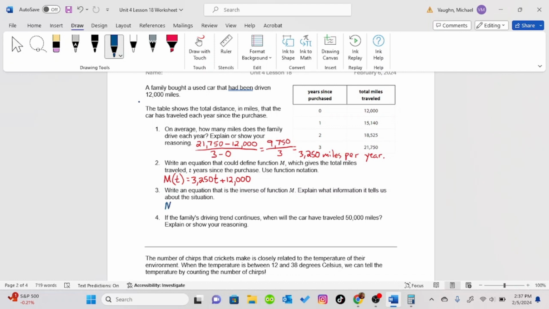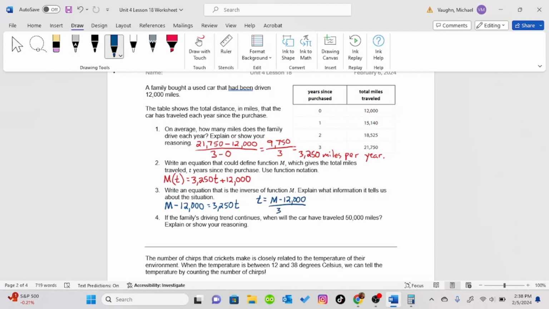So we would have m of t, or let's just call it m, minus 12,000 equals 3,250 t. Now we need to divide both sides by 3,250, and that gives us the inverse function